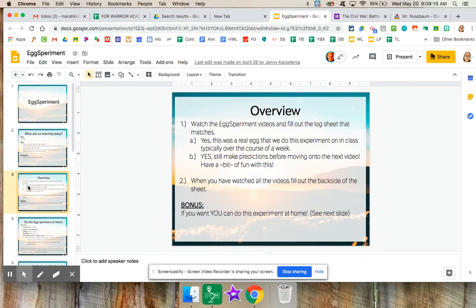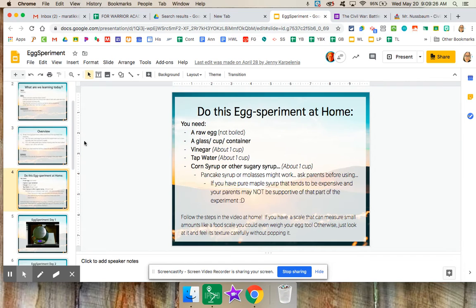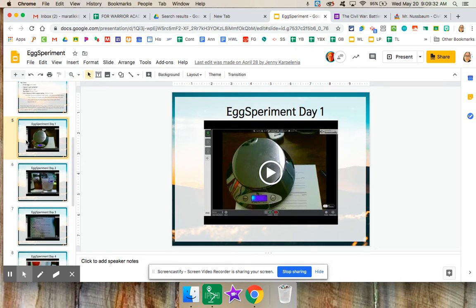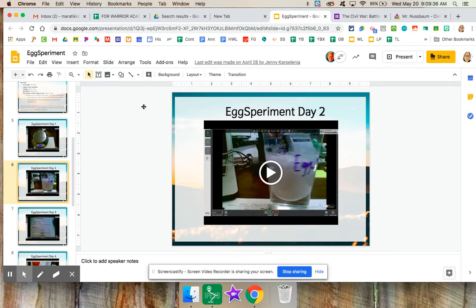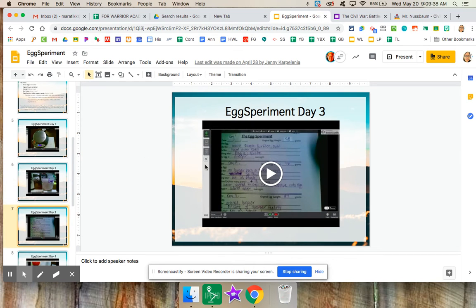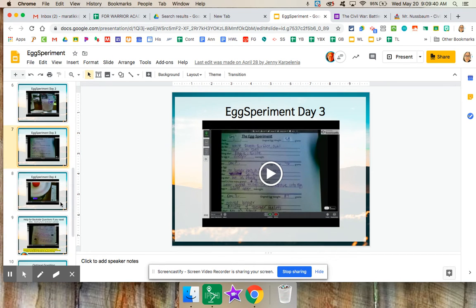So here's our overview. Watch the experiment, fill out the log sheet. This is a real egg, and yes, make some predictions to see what's going to happen the next time. And if you want to do it at home still, if you're like, oh, I'm just starting this now, I want to do it, great, go for it. So then here's day 1, watch the video. Here's day 2, watch the video. Here's day 3, watch the video. Here's day 4,